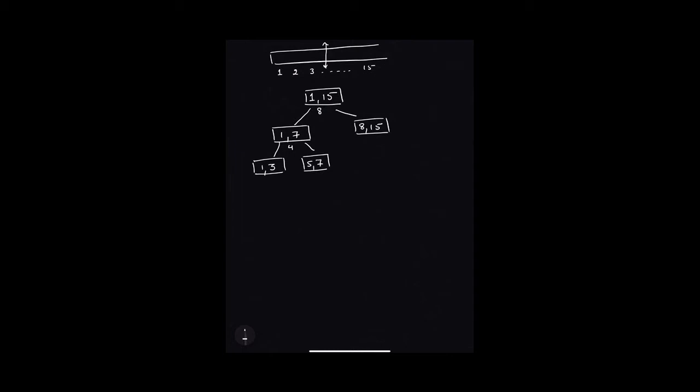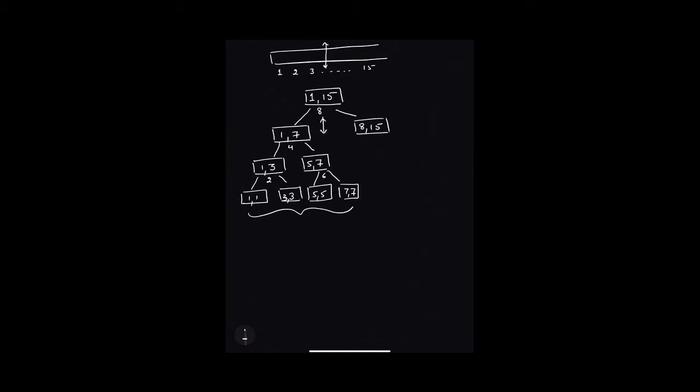Similarly, if my partition algorithm is applied on the elements from 1 to 3, 2 is the position where the partition happened, and the elements I get are 1 and 1 on the left-hand side of the tree, and 3 and 3 on the right-hand side of the tree. Similarly, over here, if 6 is the element where the partition occurred, then the elements would be 5, 5 and 7, 7. So now my left-hand side of the tree has been sorted.